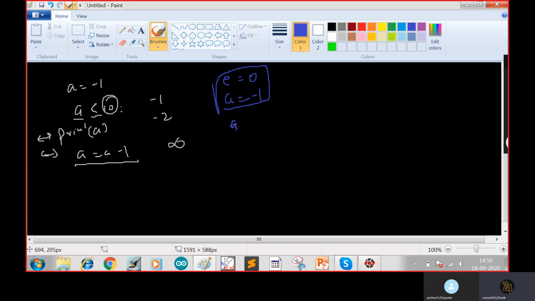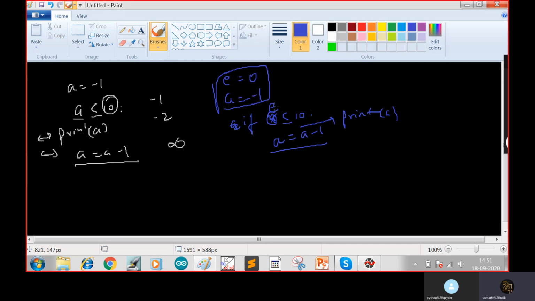Now it should be: if e is smaller or equal to 10. Here you should not write a for any case. Here it should be e. That is why I assigned it. If e is smaller or equal to 10, then the program will close. So here you need to write a is a minus 1, and before that we have to print a here. So first we print a, then a is a minus 1, so that will go.